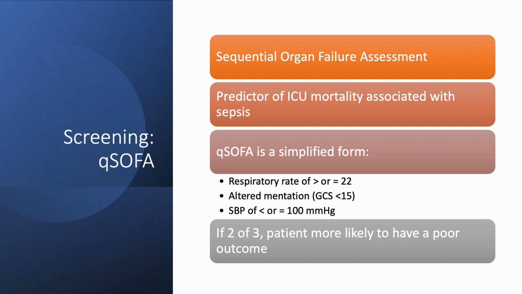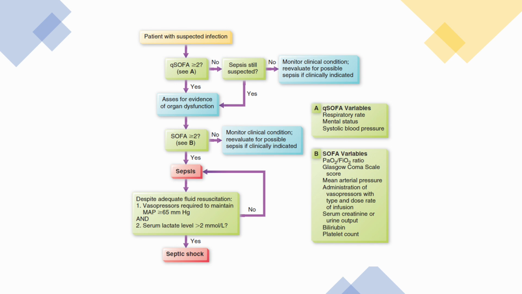Just to reiterate, qSOFA, the quick sequential organ failure assessment, is a simplified tool used to predict the likelihood of poor outcomes in patients with suspected sepsis. It focuses on three criteria: respiratory rate of 22 or greater, altered mentation indicated by a Glasgow Coma Scale score of less than 15, and systolic blood pressure of 100 or lower. If a patient meets 2 out of 3 criteria, they are more likely to experience a poor outcome, including